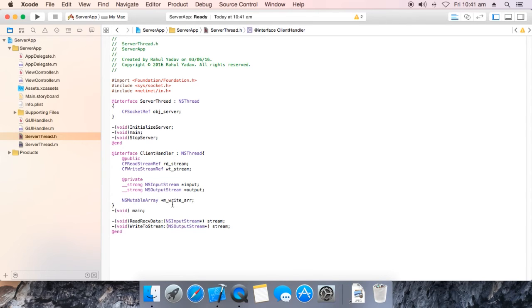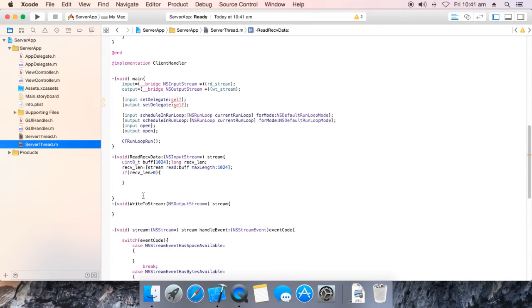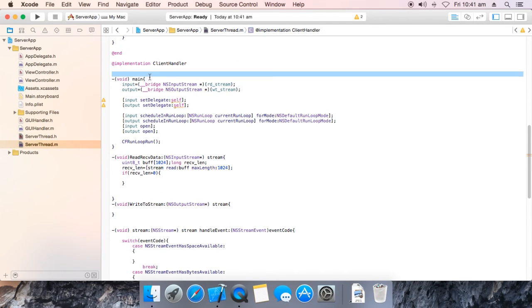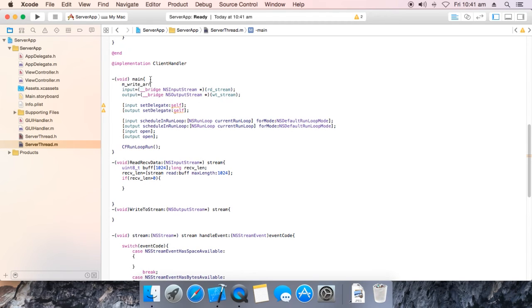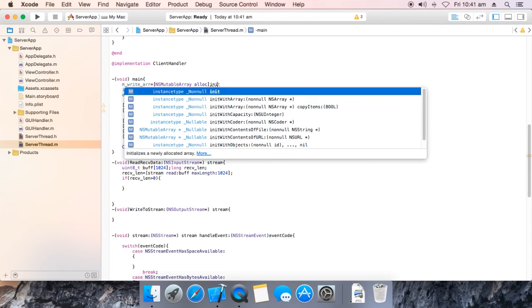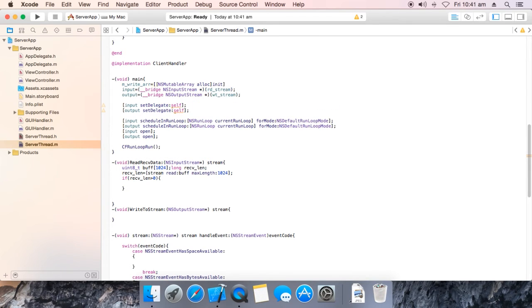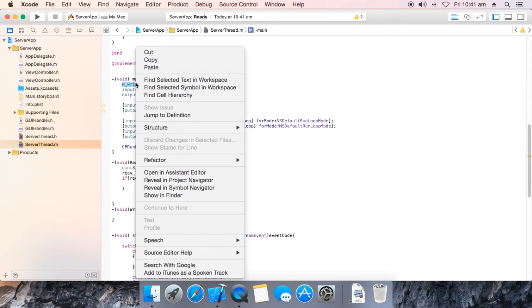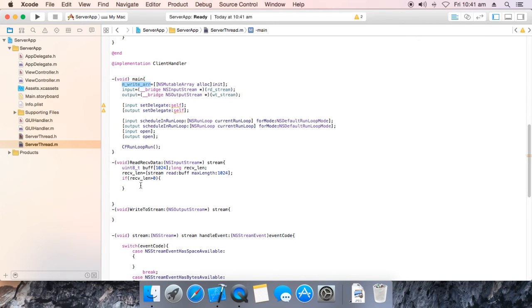Okay, now copy this, go to implementation of client handler. In the main method over here is equal to NSMutableArray, allocate memory, then initialize. Okay,